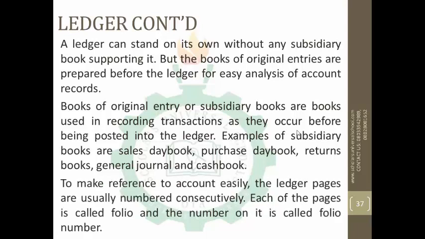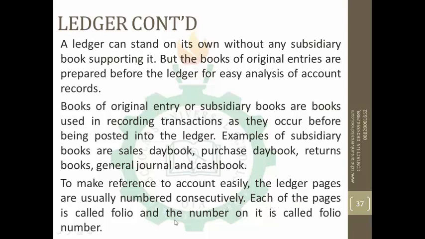Alright, the next thing is to make reference to accounts easily. The ledger pages are usually numbered consecutively. Each of the pages is called a folio, and the number on it is called the folio number. That is, to make reference to an account easily, the ledger pages are usually numbered consecutively, and each of the pages